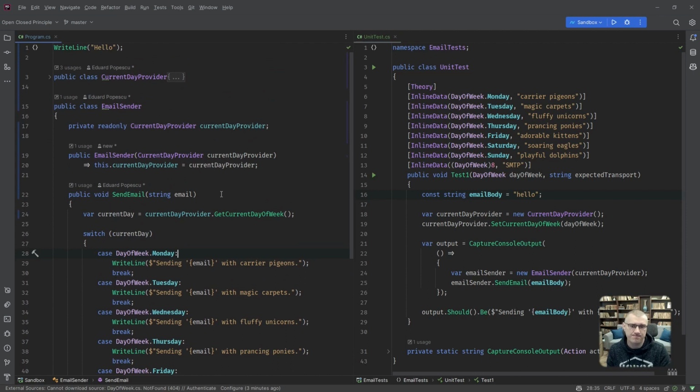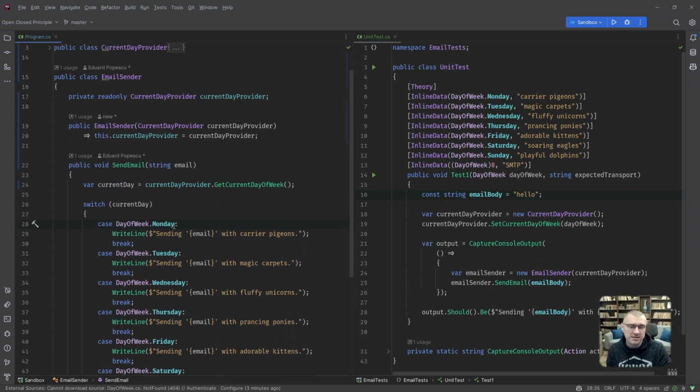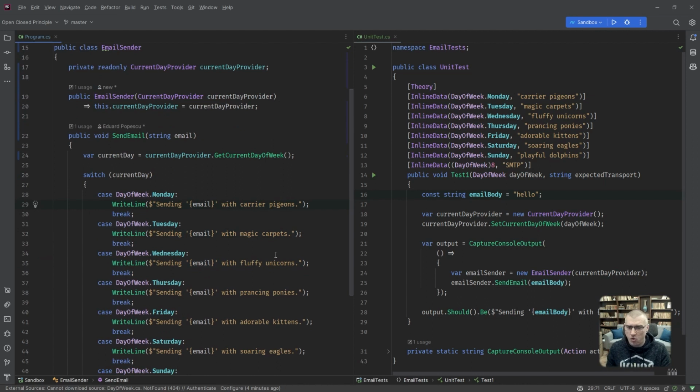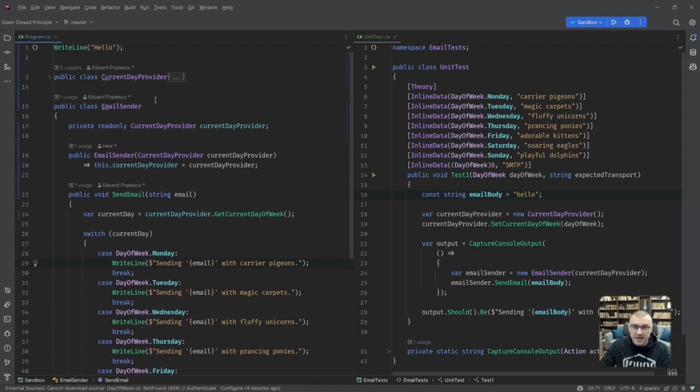And that's bad, okay? Because we risk messing up the scenario for Tuesday when we're fixing the scenario for Monday, or any combination thereof, or all kinds of weird stuff. Plus, even if we don't break anything, the assembly that this class sits in will need to be recompiled, potentially with a new version. All the dependencies of this assembly will need to be recompiled, potentially with new versions, and so on. Okay? So what can we do? What's the strategy here? What do we want to do?